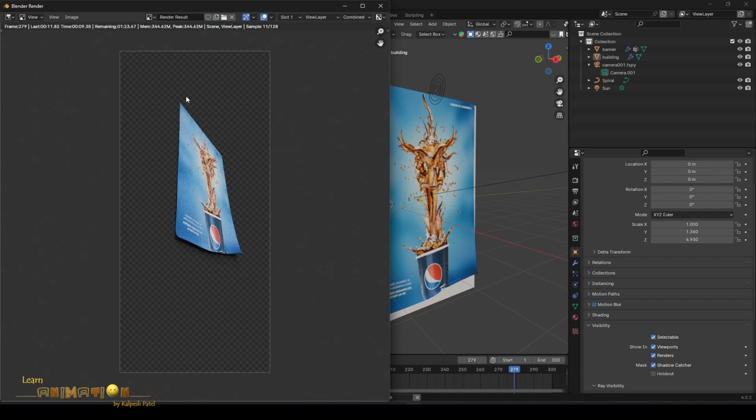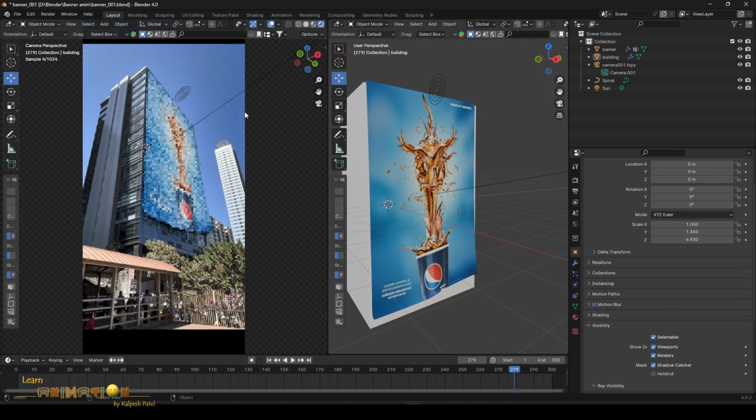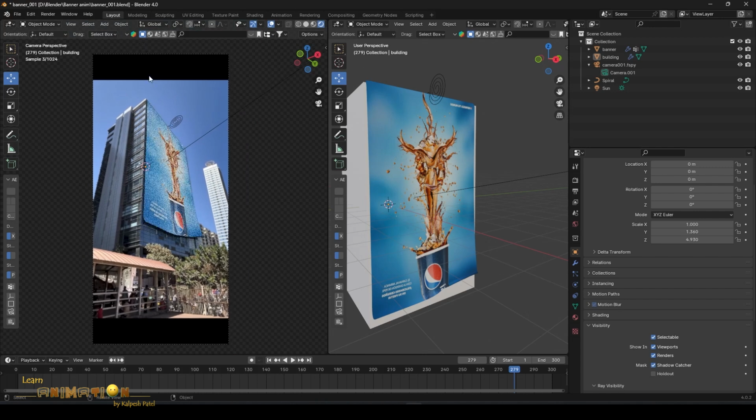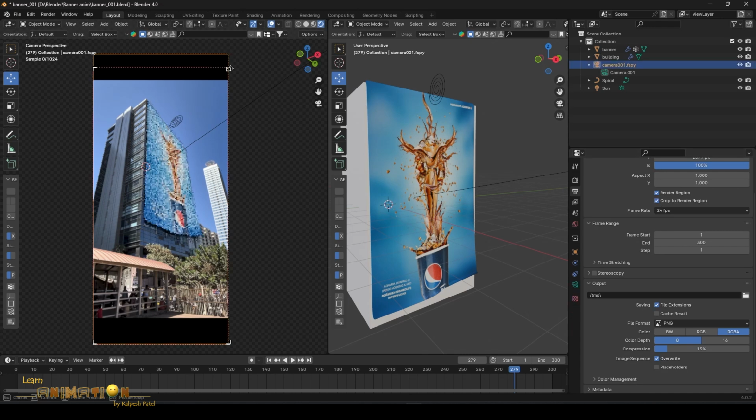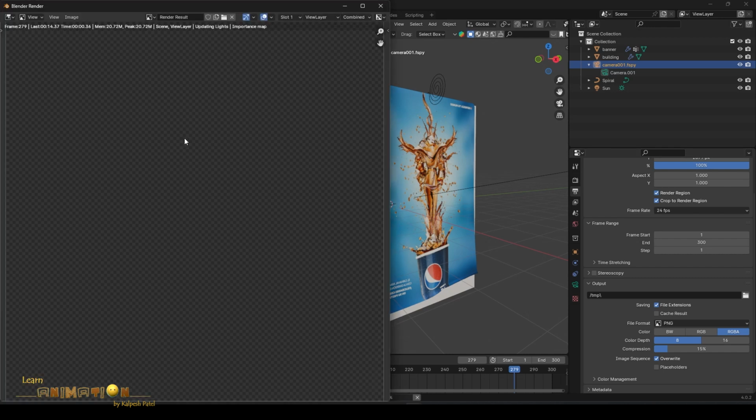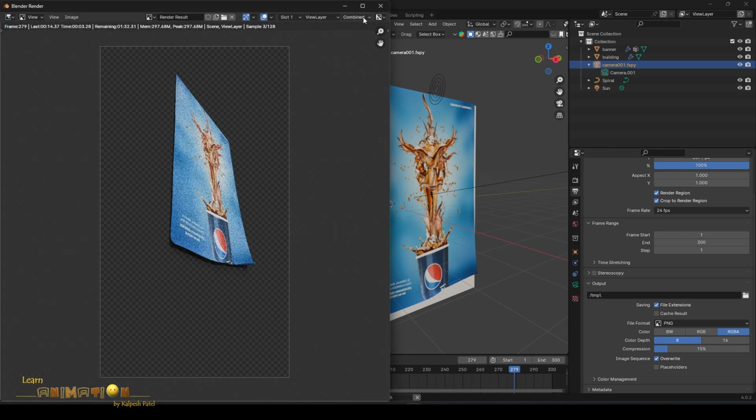Now it's time to get to compositing. So before we do that, you can see our image is a little big. I mean, the resolution is completely off because I have clicked with a phone, so the resolution is a little different. If we can adjust the resolution, how much it will get rendered. Just go to the render property, select the region, and now we can crop with the region also. You can see we can adjust with this crop region and press again. So we'll see only that part, but the building is not coming in here.